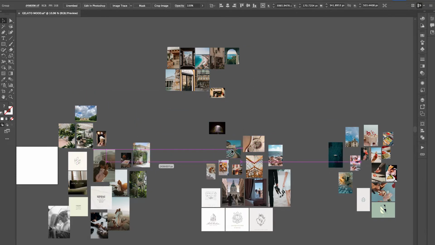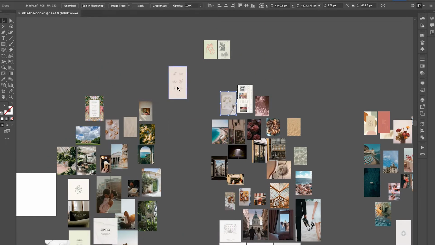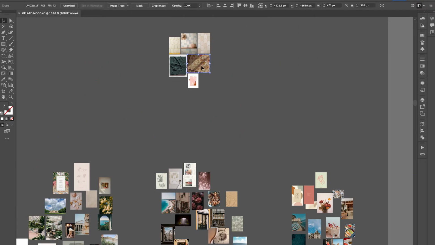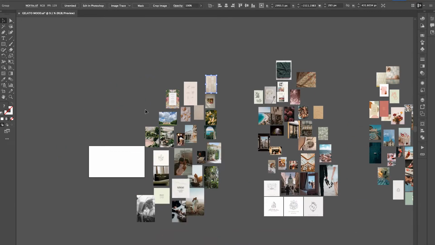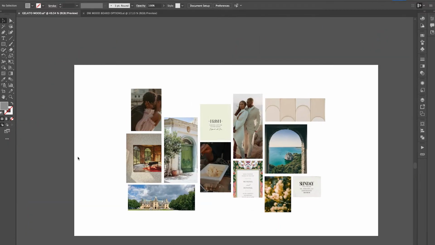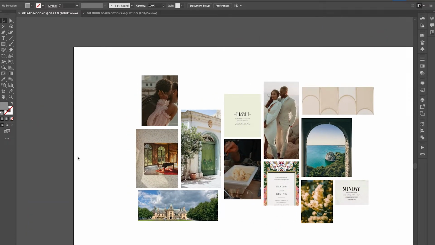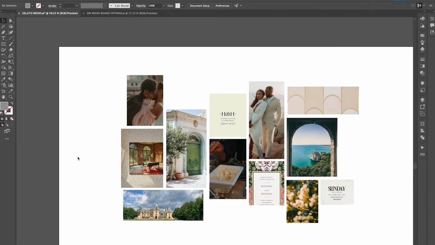Lastly, I'm just splitting up some of the graphics and illustration components and some of the more miscellaneous design elements. From there, I go ahead and put it into a block of categorization, and this is the final outcome that I'm going to move forward with. I love it, and I'm so excited to see how it will inform my design moving forward.